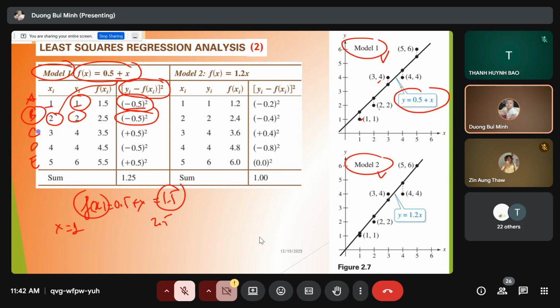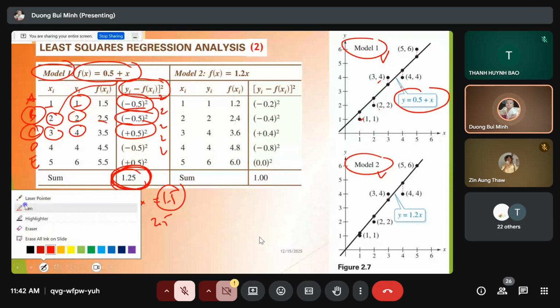Similarly for C, x is 3, you get 3.5, and y is 4, so the error is positive 0.5, and so on. Then we take the square, and then we take the sum, and you get the total error. The total error will be